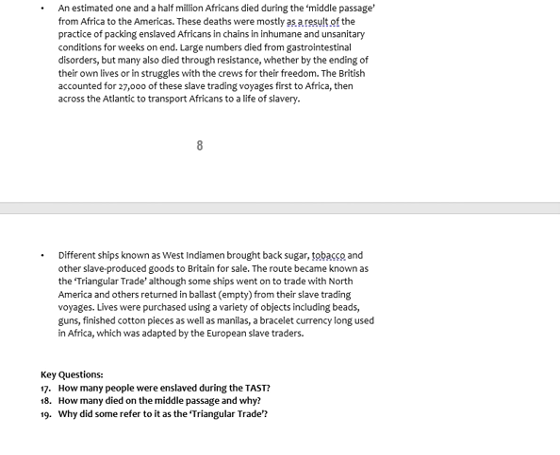Why did some refer to it as the triangular trade? Well, this idea of the triangular trade, which we're going to move away from because historians really have now, is referred to as the triangular trade partly because it was a very euphemistic term. It was embarrassing to refer to the enslavement of people. We shouldn't pretend that even back in the 18th and 19th century, people just thought this was fine. They didn't. So the triangular trade was a euphemistic term, but it was a euphemistic term that applied to the